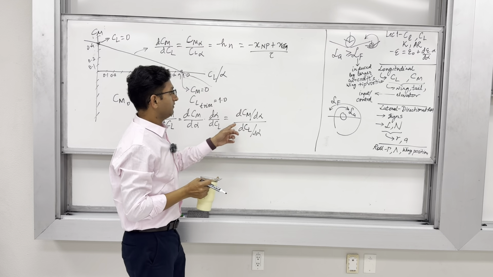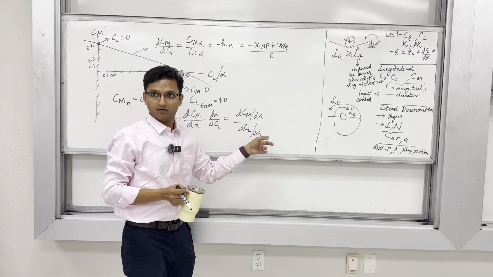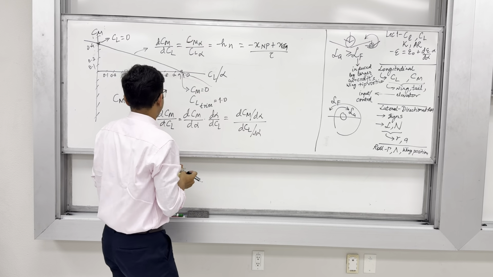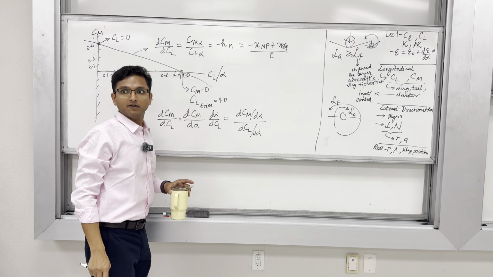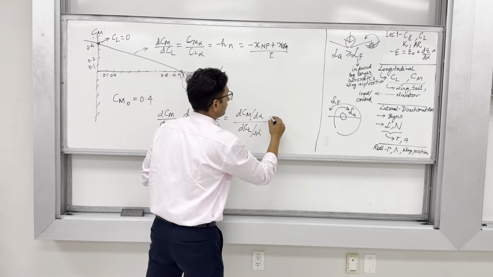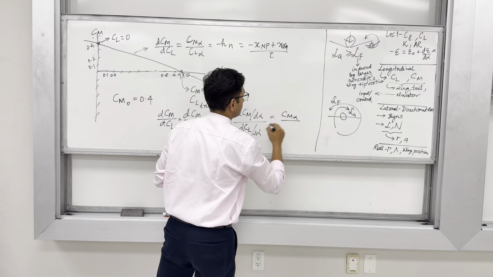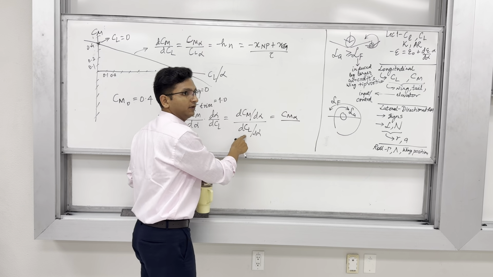So, if I was given the graph between Cm and alpha, and I could find out dCm by d alpha from the graph, which means I could find out Cm alpha from the graph,